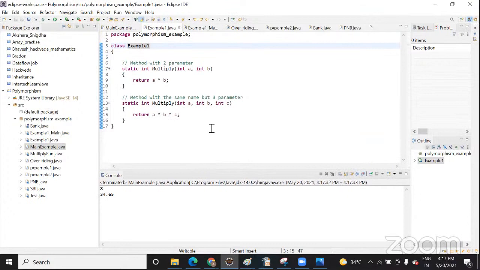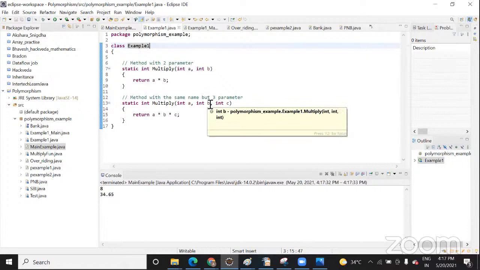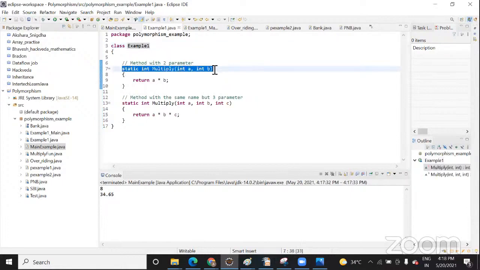Here, what am I implementing, overloading or overriding? This is overloading. Yes, correct. Overriding is in different classes only. Here you can see I have declared a method. And what do you mean by this static? In the last class, you asked me the significance of static. I told you that we usually create static so that the objects occupy the same memory space.